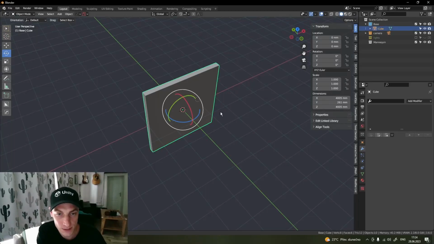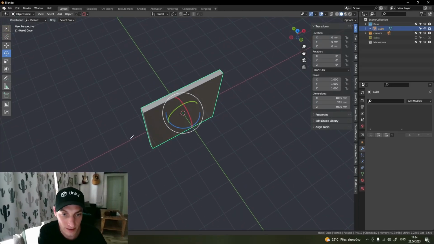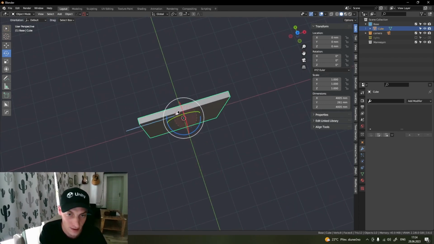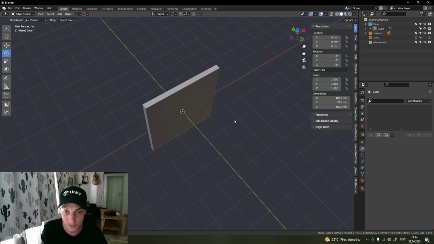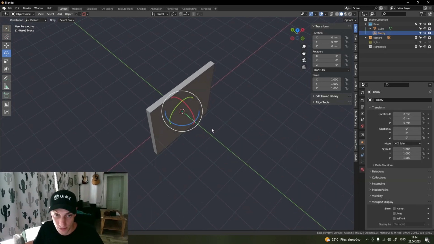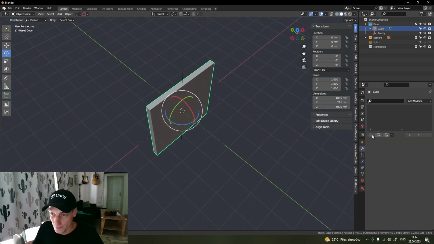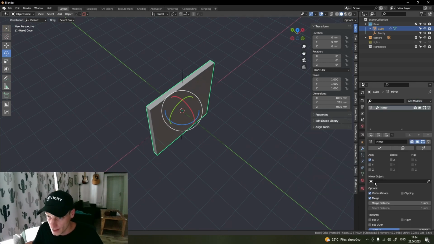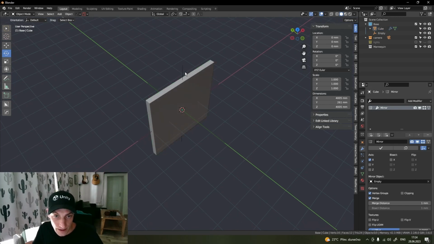So we have this nice wall and we want to bend it in this direction. So just simply add an empty object, plane axis for example. Select the wall and add the mirror modifier. And in this mirror object, just click on the eyedropper, select the empty, and now